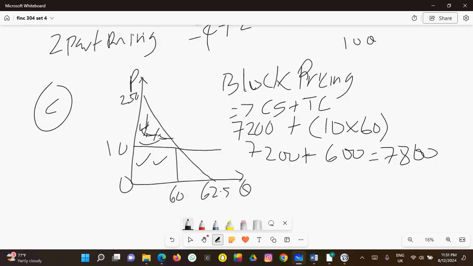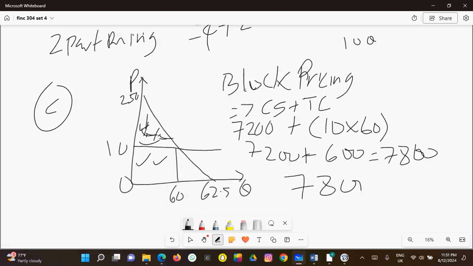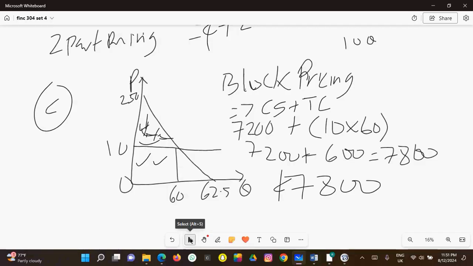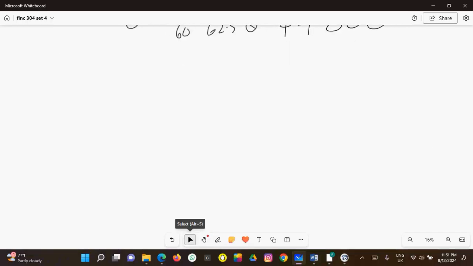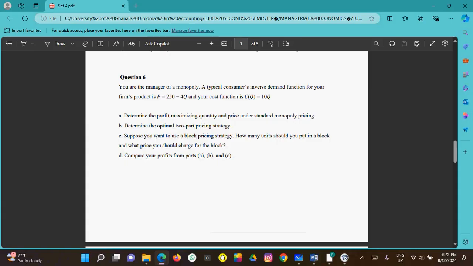So the block pricing is going to be 7,800 Ghana cedi. That's going to be the block pricing. Now, let's check for the D. Compare your profits from part A, B, and C. All right. So now,